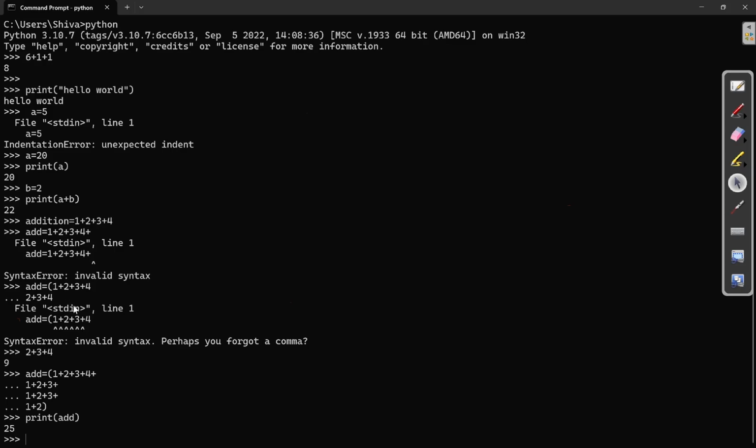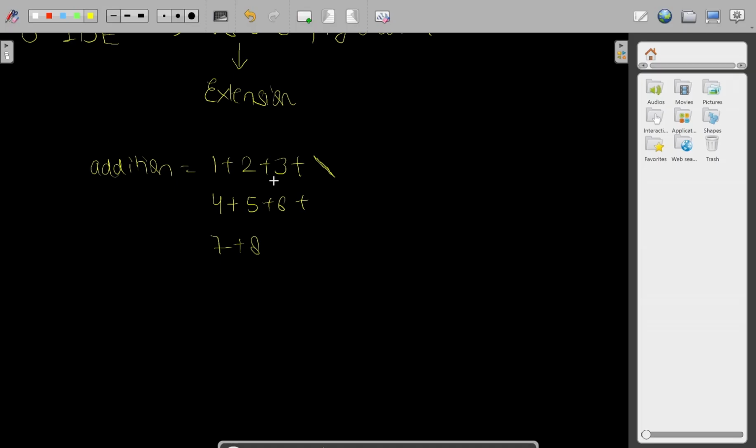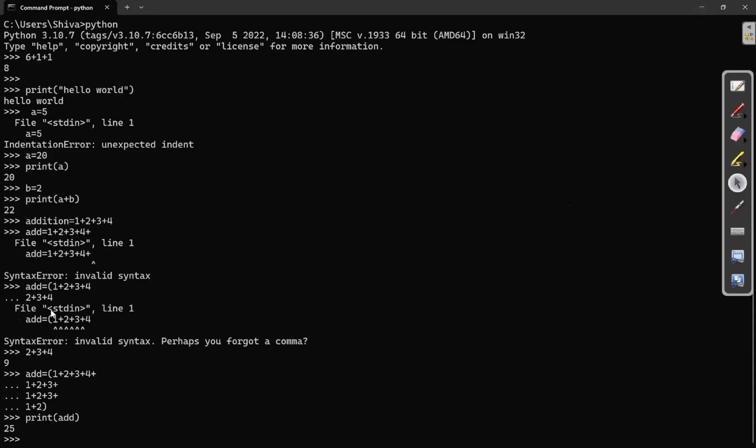So basically, if you want to move to the new line, either you use the backslash, or you can use curly braces, opening curly braces, and when you want to close, you can close the curly braces after using multiple lines. So this is the concept. That's the reason we are using the IDE, because the IDE does all these tasks in a very simple way compared to IDLE or the command prompt.